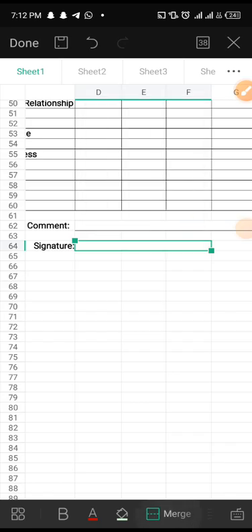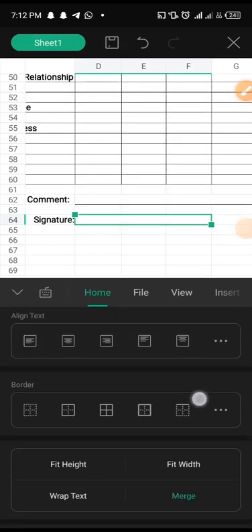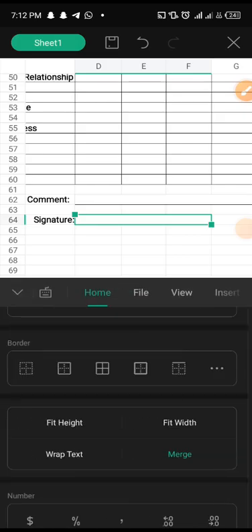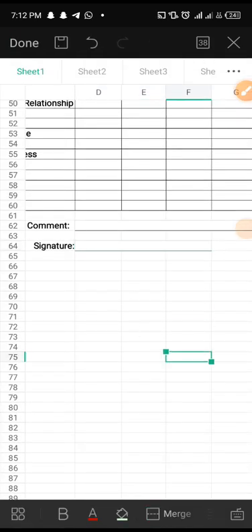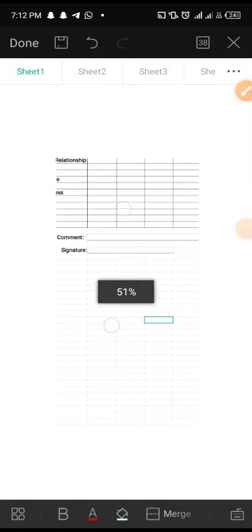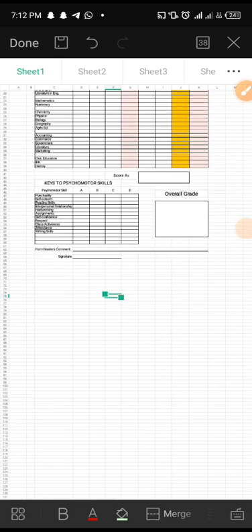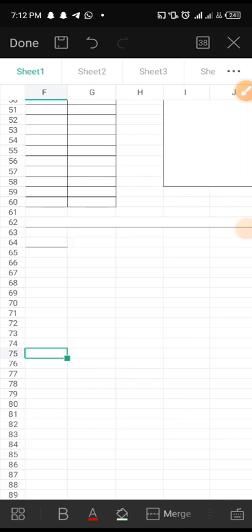You understand? So I'm merging this, and the same thing, you give it a border, bottom border, this one. I'm sure you can see it. When you give it a bottom border, it's going to automatically have a line where you see that the form master can make his signature available. Then